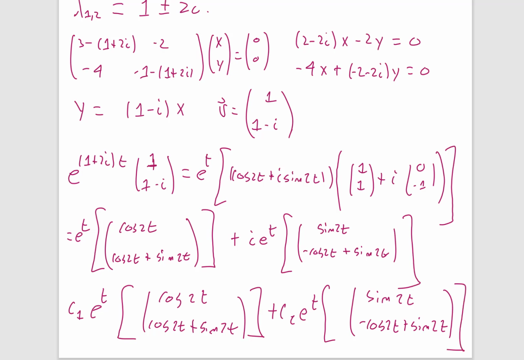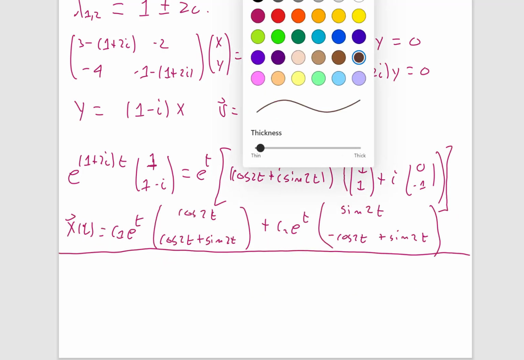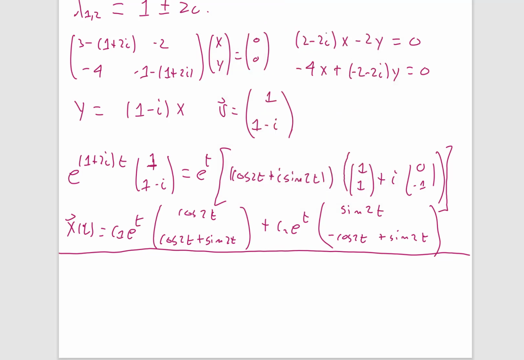Now I'm basically just going to copy this in the line above it so I can draw the phase plane. So now I want to draw the phase plane. Let me first start by drawing the axes like this. Whenever we have a trigonometric thing, like when we have complex eigenvalues, the solutions in the phase plane are going to be